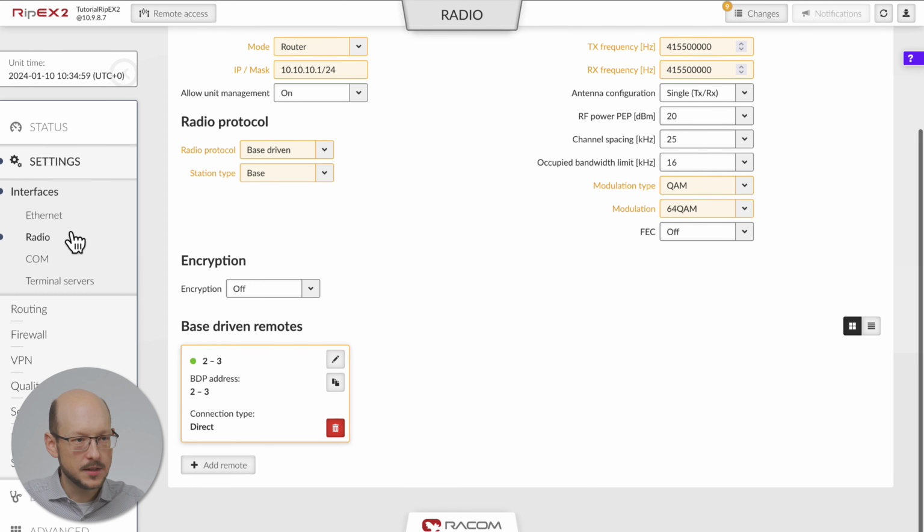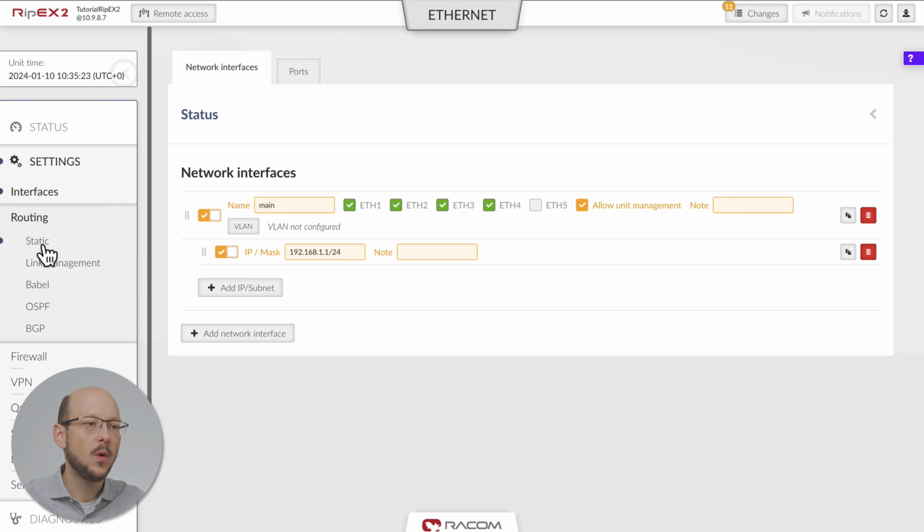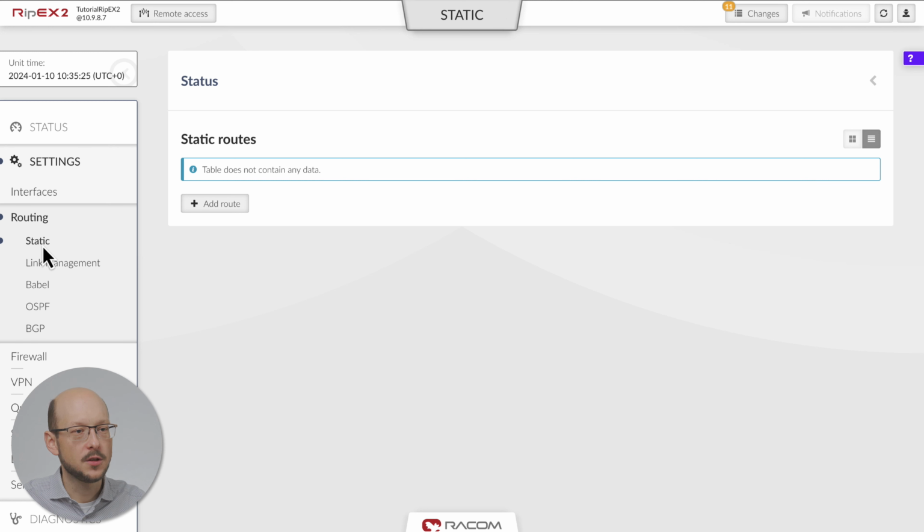Continue to Interfaces Ethernet. Since IP addresses of central application is within 192.168.1.0 network, we will set the RIPEX LAN IP to 192.168.1.1/24. The last step is routing configuration. IP addresses in our remote RTUs are within 192.168.2 and 3 networks.